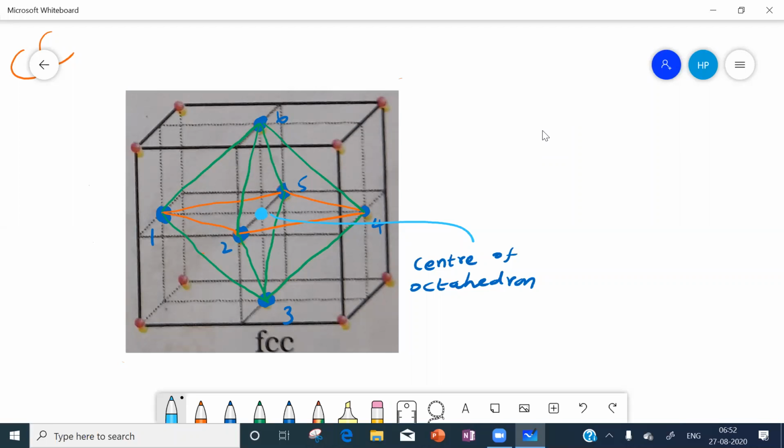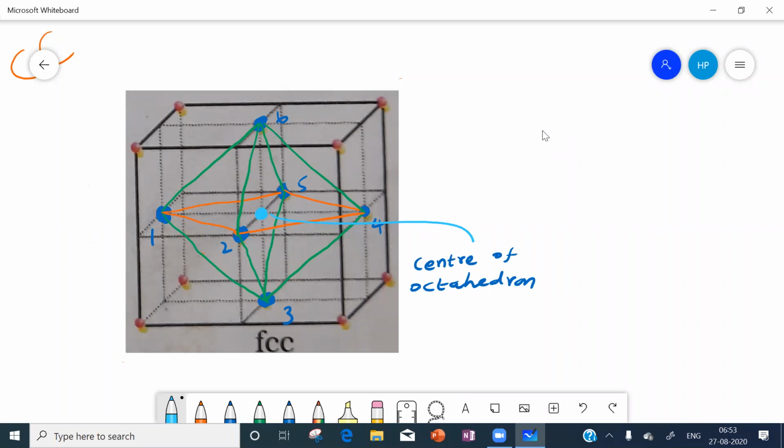Okay. If you say this is the center of the octahedron, any doubt there? This is an octahedron. In this octahedron, this point is called the center point. If it is an empty space and you take this as a void, which void is this? Can we take this as a void or not? That also you think. If you take this as a void, which void do you say? If you say it is not a void, then we need not talk about which void.